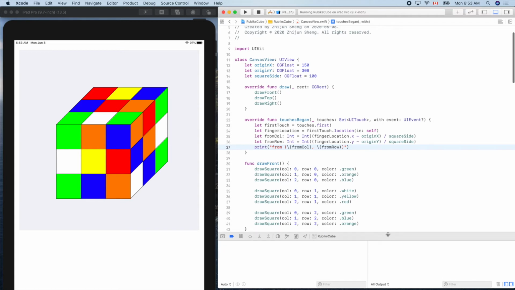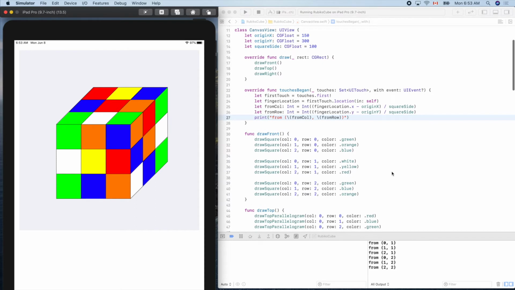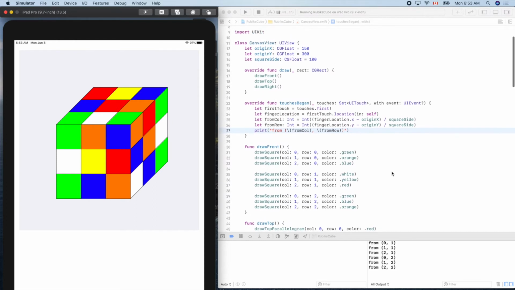If you are confused with the numbers, that's 1 0, 1 1, 1 2, right? And the 2 0 2, yeah, column 0 row 2. So this is 1 2, 2 2. Okay, very good. And we can detect the same thing